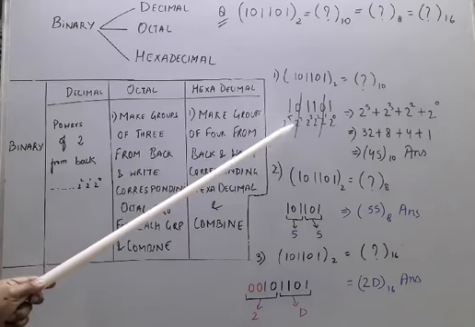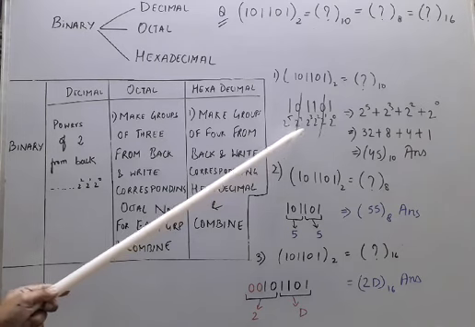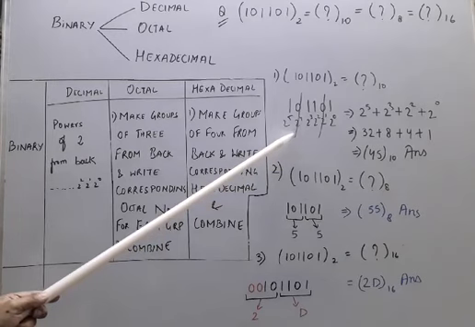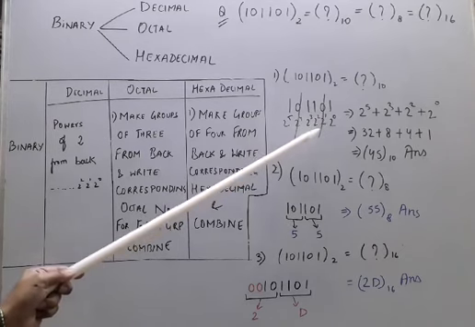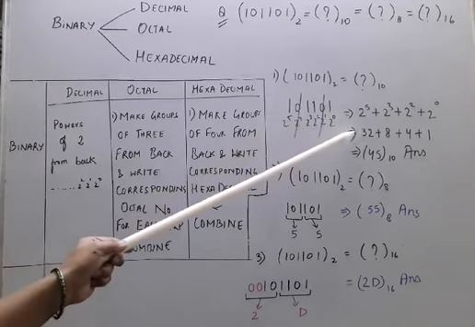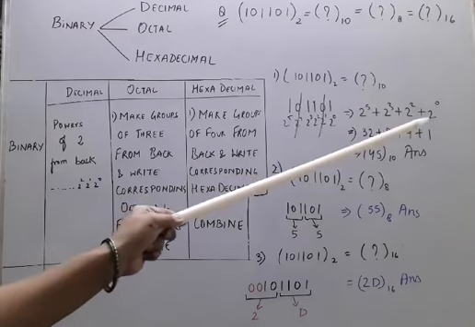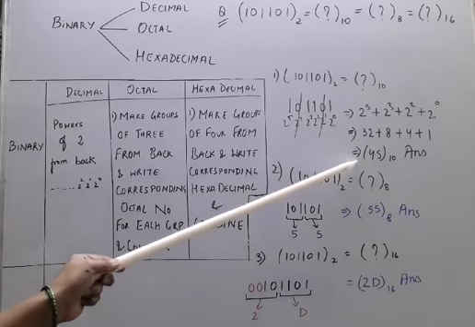But as you know, whenever you multiply anything with 0, it evaluates to 0 only. So, we simply cancel out the numbers where the binary value is 0. That is why I have cut 2 raised to power 4, because it will be multiplied with 0 and result in 0. Then 2 raised to power 1 is also cut because of this 0. Now, what are the remaining? 2 raised to power 5 into 1, which is 2 raised to power 5 only. Then 2 raised to power 3, 2 raised to power 2, 2 raised to power 0. All these 4 will be added and the corresponding number is written, and after adding you can see the result.